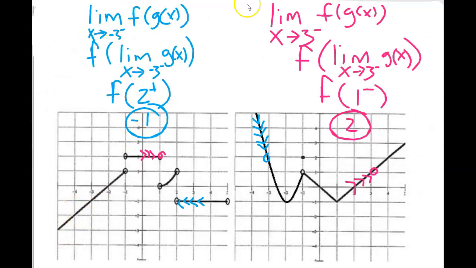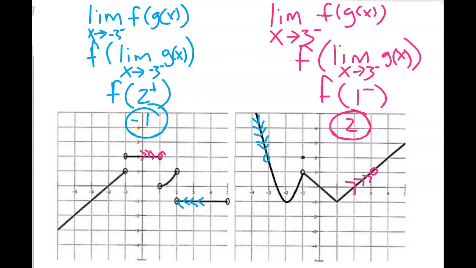All right, so for number 3 here, we've got that in blue. First thing we do is apply the limit to the inside. Then we want to find the limit of g as x approaches -3 from the left, and that's what these little blue arrows are. Here's my x value of -3, and we're approaching that x value from the left of it. Now, since we're approaching from the left, we're coming at a y value of 2, and we're doing that from above. So I'm going to put a 2 with a little plus here. So now when I come over here to the f graph, we want to approach an x value of 2 from the right. So it's going to be these blue arrows here indicating that we're approaching this y value, which is